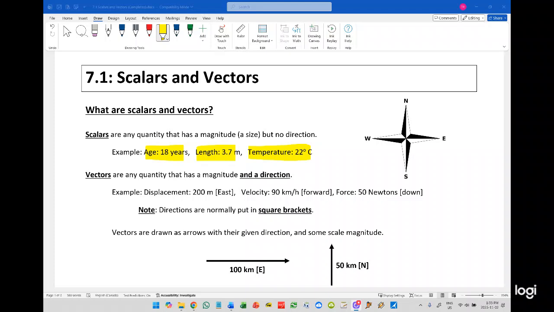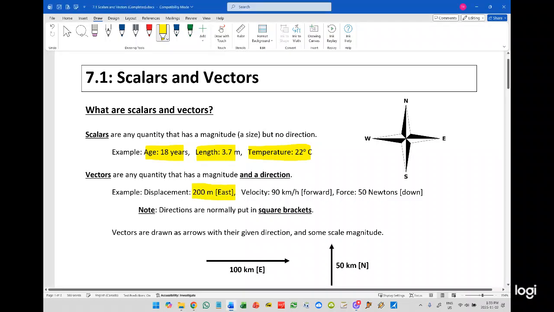Vectors, which is what we're getting into now, again, for most of you, this will be new, but they're just magnitudes that also have directions associated with them. Now, we can put any direction we want on these, but for our examples, we're going to stay with the cardinal directions of north, east, south, and west, because it's just easier to do most questions this way. But some examples of vectors would be 200 meters to the east would be a good example of a